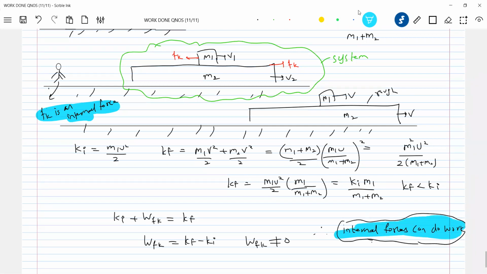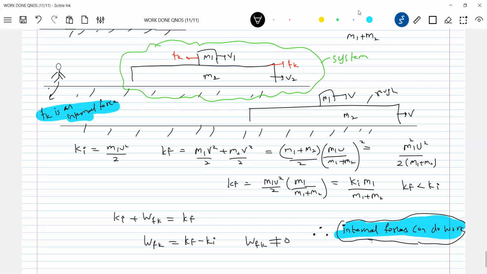S.C. Verma, every statement is one numerical. If you're reading S.C. Verma, how should you read? There should be one notebook and a pen, and when you read one sentence or one paragraph, one situation will be there. That situation you're supposed to assume, draw the diagram, do analysis. This was the method of using the S.C. Verma book. Okay, got this. Internal forces can do work. Fine.